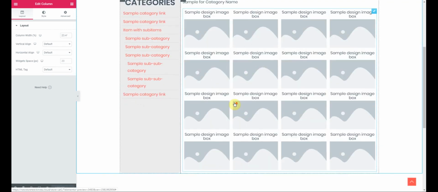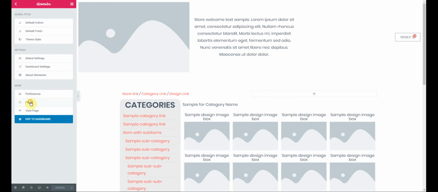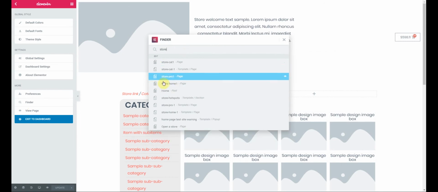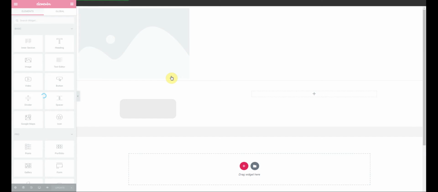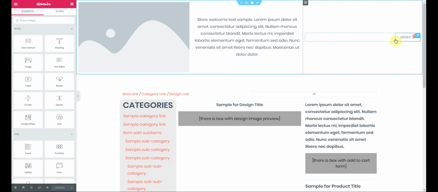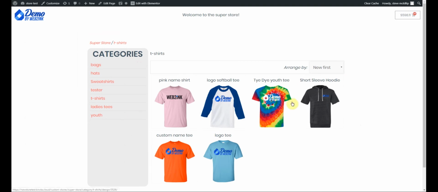Let's go ahead and take a look at the last page right quick. So we'll go up here to the Elementor menu. We'll go to Finder, and we'll just start to type in Store. So there we go, Store Pro 1, which is short for Store Product 1. We can click on that, and Elementor will load up the product page. So we've got the same type of header, the one that we were just doing those adjustments to. And then down here, this remains the same,